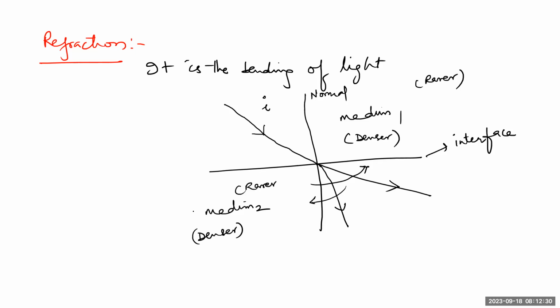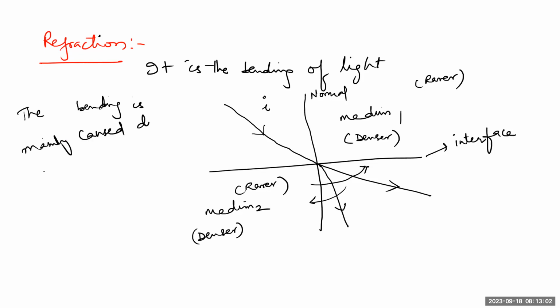This is what we have seen in the previous class about what is meant by refraction. This is the definition of refraction. Refraction is the bending of light whenever it passes from one medium to another medium, right? Now why is the bending caused? The bending is mainly caused